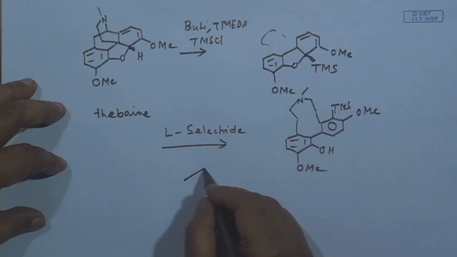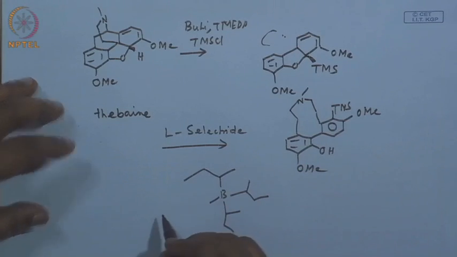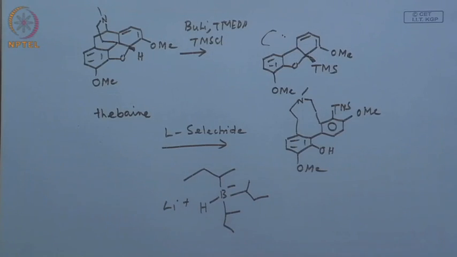In this case it is the secondary butyl, that means 3 of them, and then lithium hydride, that means hydride minus, lithium plus. Why is it L-Selectride? Because it selectively reduces the carbon-carbon double bond. Like if you have an alpha,beta-unsaturated system and you want to reduce the carbon-carbon double bond, then this is the reagent,